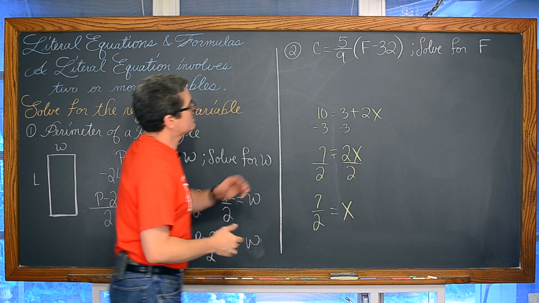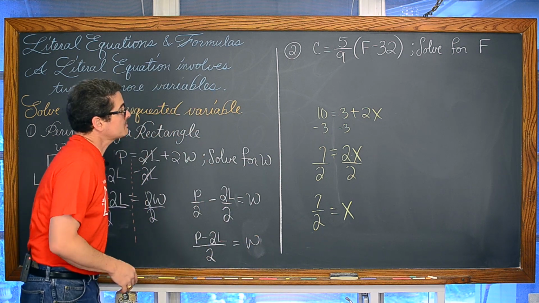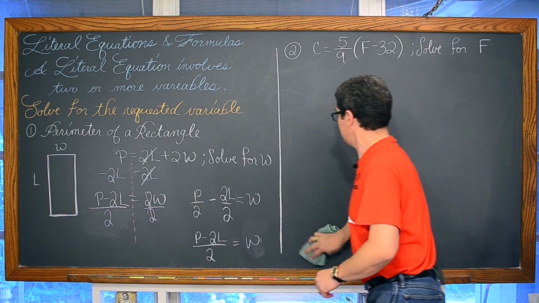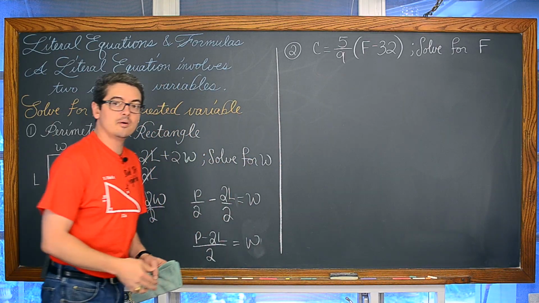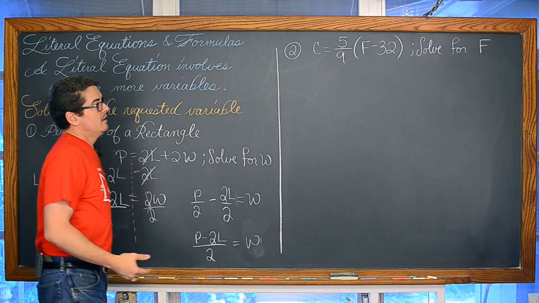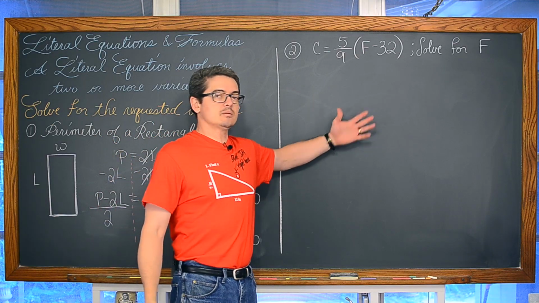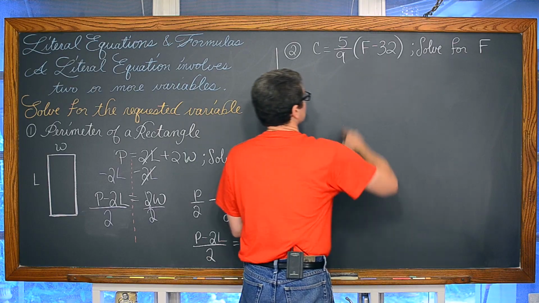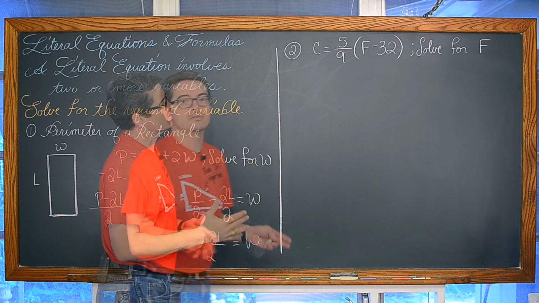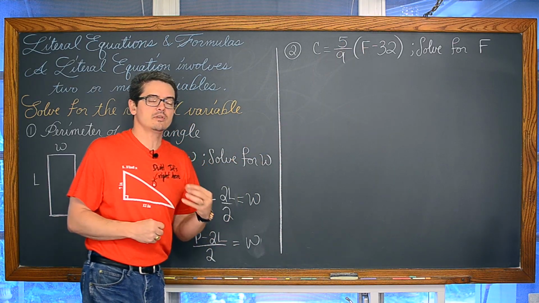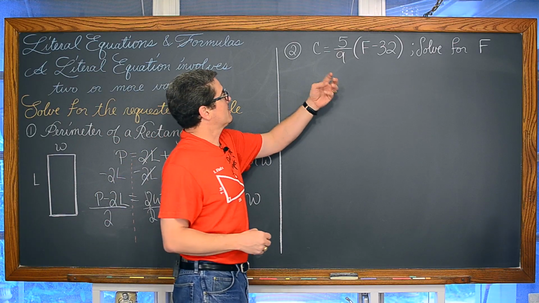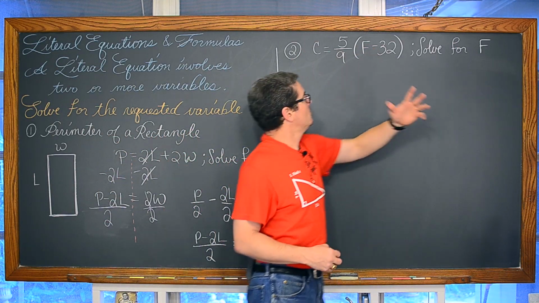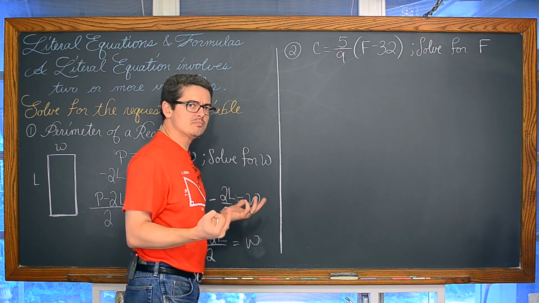Now our second equation here, we've got that C is equal to 5/9 parentheses F minus 32. And you might look at that and just think it's a random formula that's in your textbook, but it is a formula that converts Fahrenheit into Celsius. But if I want to turn this equation around and have it convert Celsius into Fahrenheit, solve for F, what would I do? And there's a few options you can do for this.